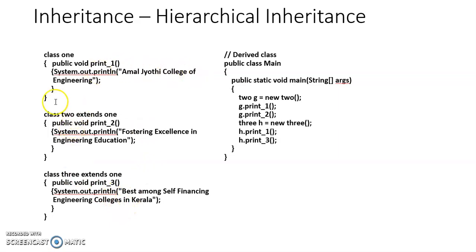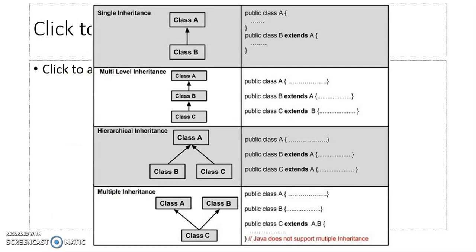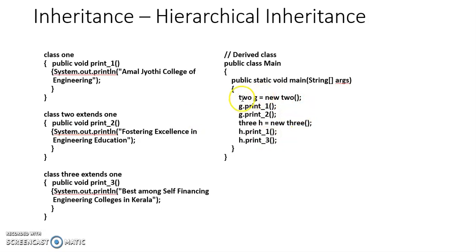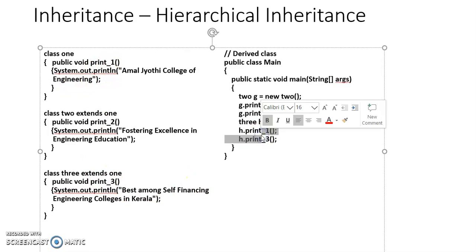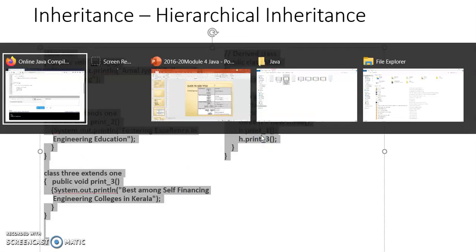It displays Amal Jyoti College of Engineering, fostering excellence in engineering education, best among self-financing engineering colleges in Kerala. And you are creating two objects. If you look at this block diagram, you can see that there are two derived classes, B and C. So here there will be two classes, 2 and 3. So we are creating objects G and H. G will be calling print_1 of class 1 and print_2 of class 2, and object H of class 3 will be calling print_1 and print_3. So you can see that when we run this particular program,